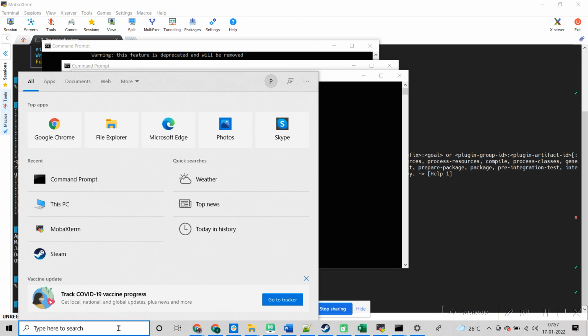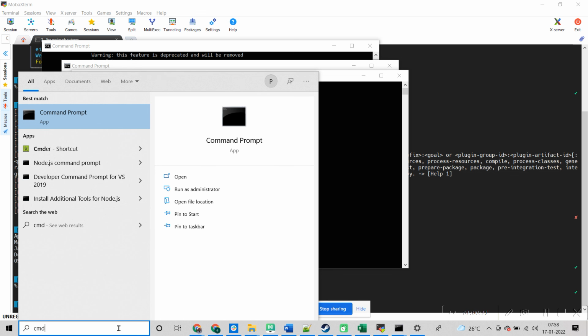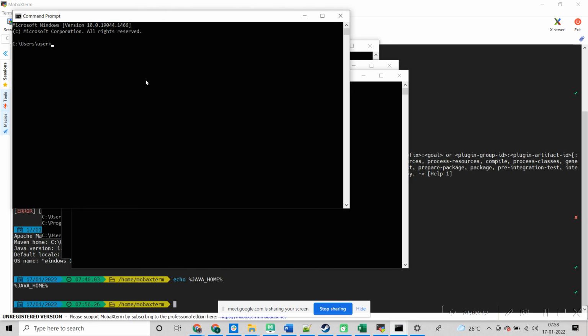I'll type it once again, and you can see it. Just enter it, and in the command prompt you have to do echo JAVA_HOME and then enter. Then you should be able to see your path, which is there for your JDK.